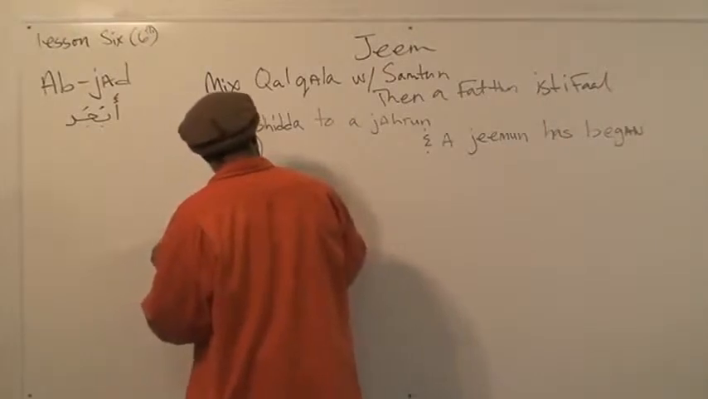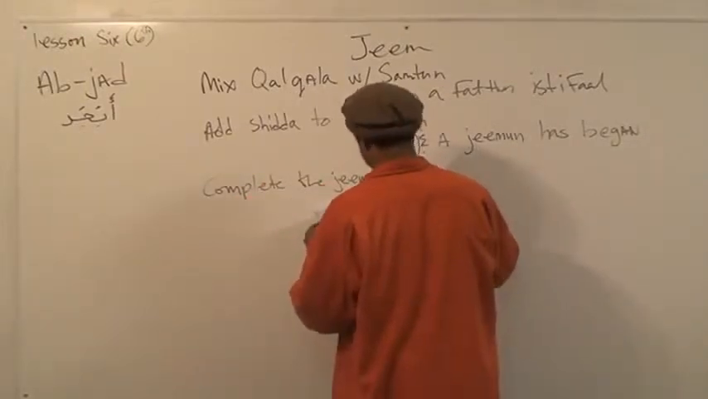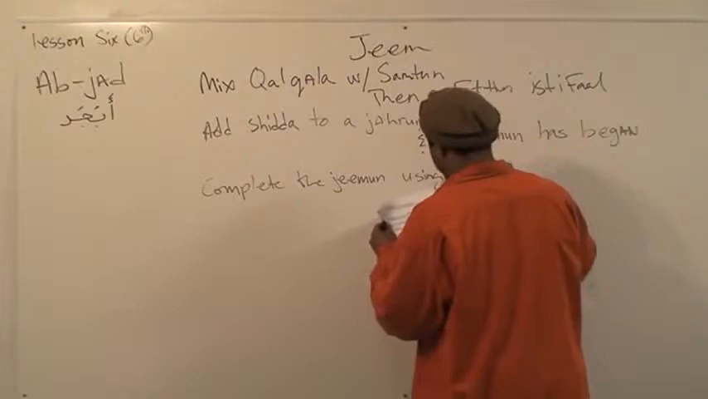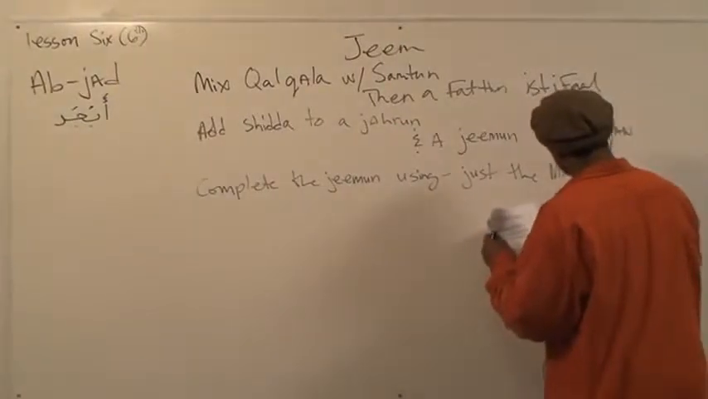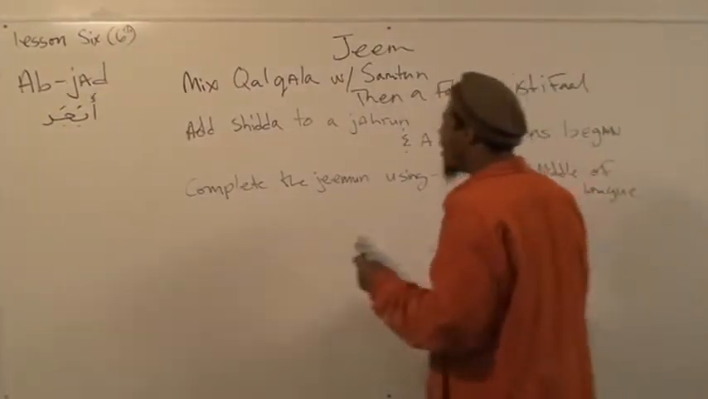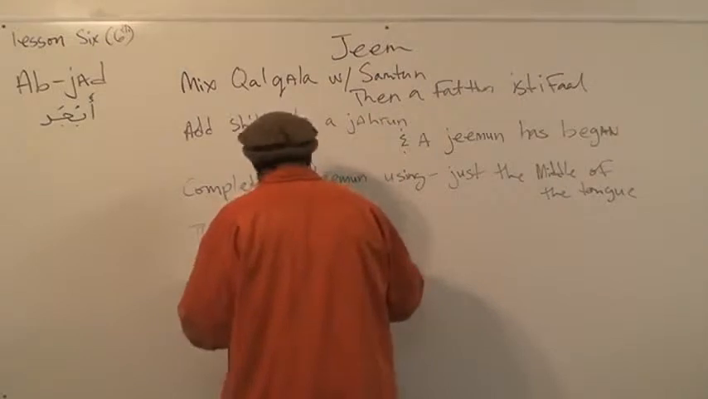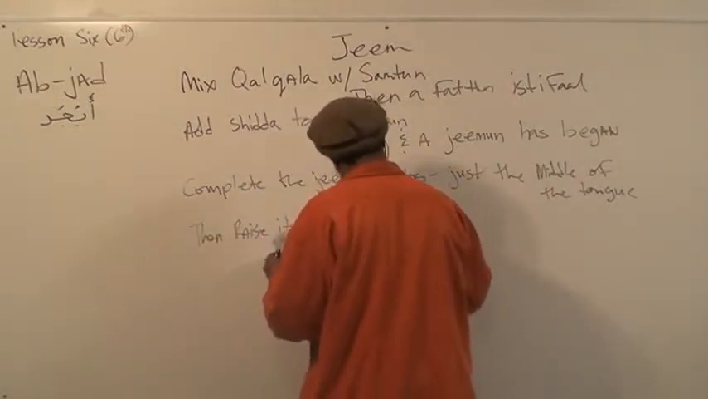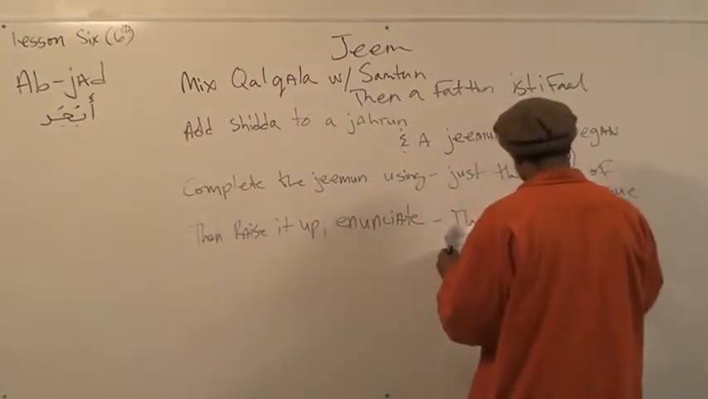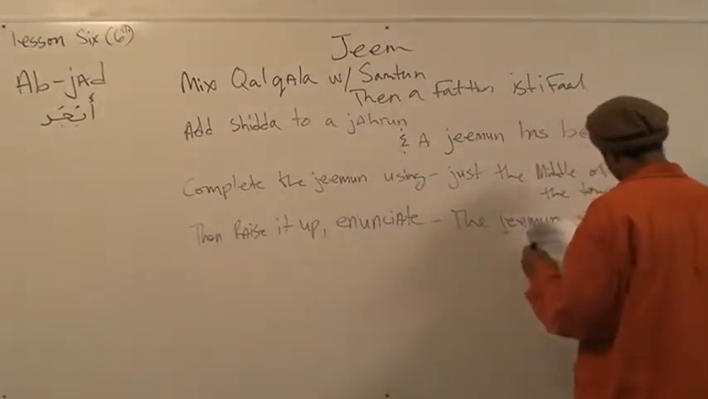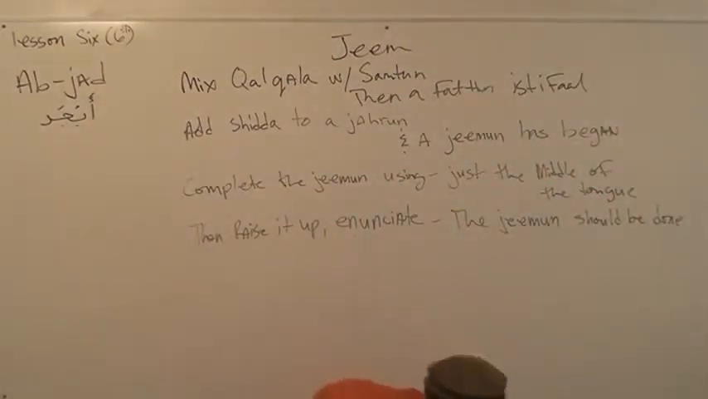Complete the jimun using just the middle of the tongue. Then raise it up, enunciate. The jimun should be done. The quantitative measure